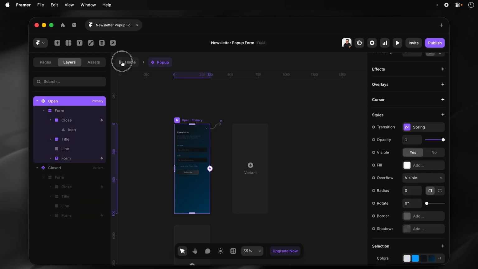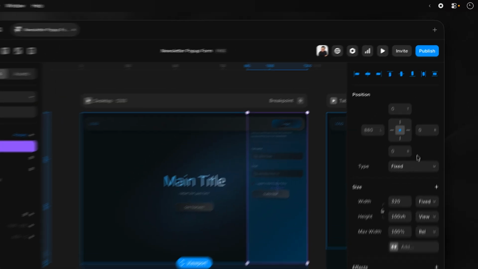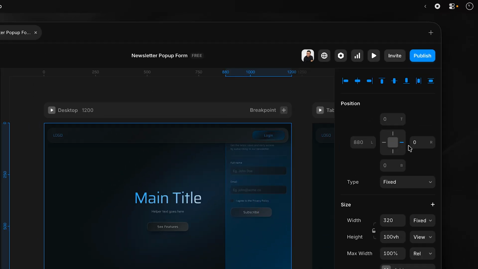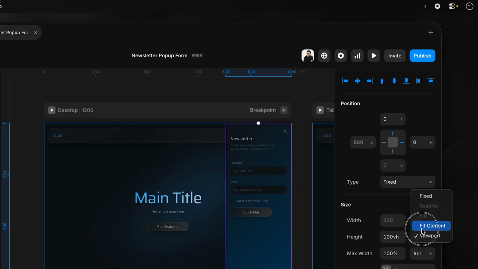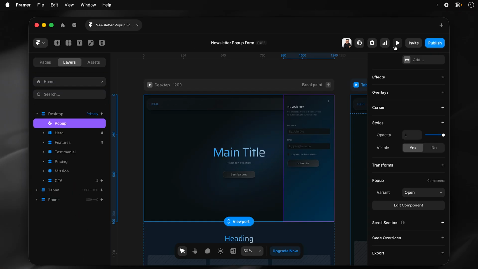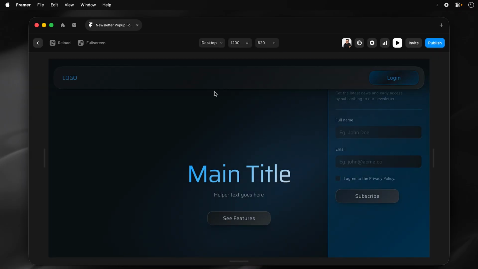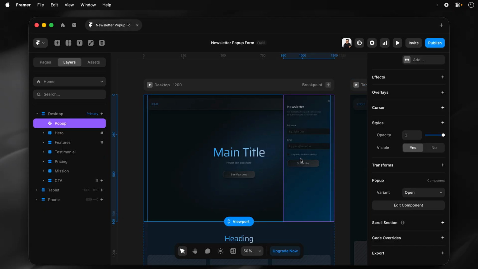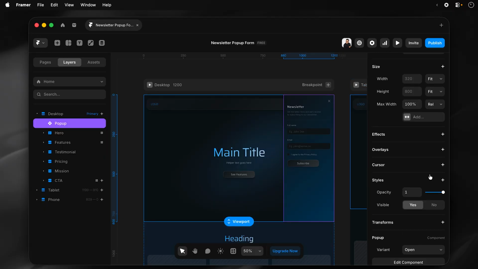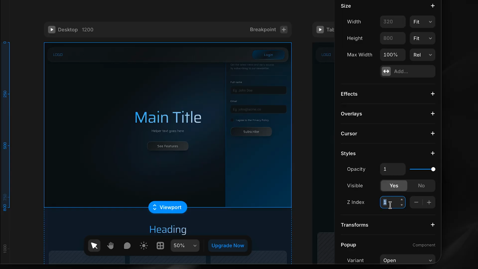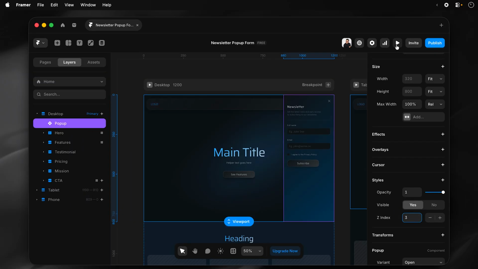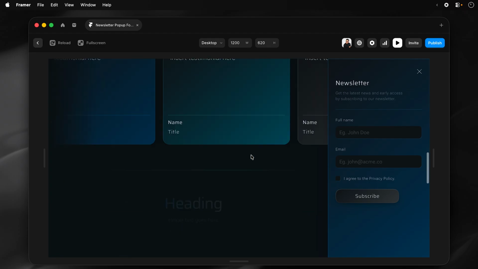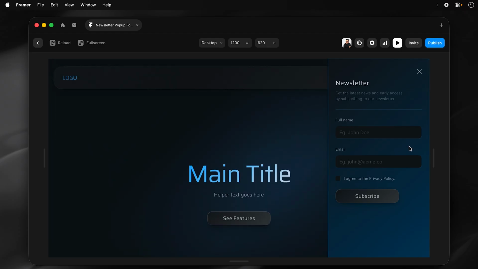So I'm going to go back to my page and ensure that I have my fixed positioning set. And I'm going to set the width and height to fit. I can preview this. I can see that I need to add a Z index to my form, so I'm just going to go Style, Z index, and I'll set a Z index that's higher than the top nav. So I can preview this, and now I have my form, which is fixed, but now I'm going to add